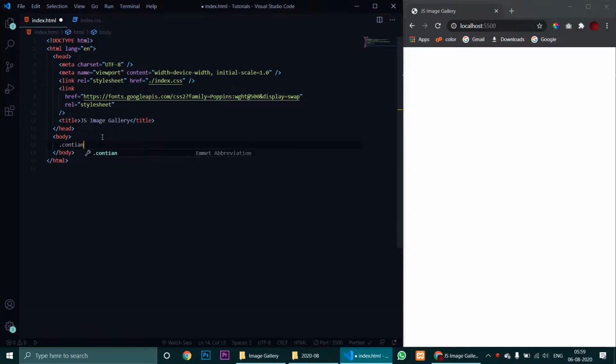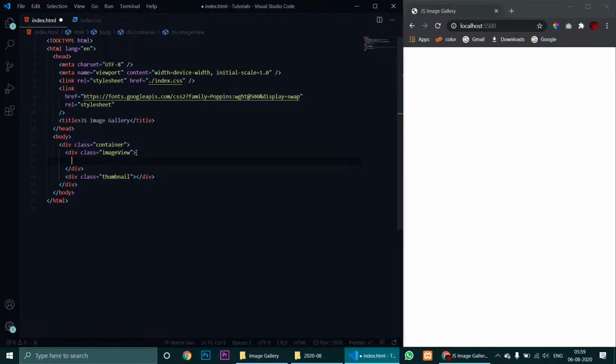First we will have a div with a class container, and then inside that we will have two more divs. Let's call the first one image view and the second one thumbnail. So the first div will basically hold the current image which is in display, and the thumbnail will hold all the other thumbnails of all the other images.